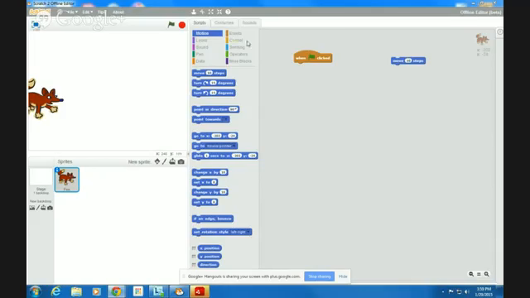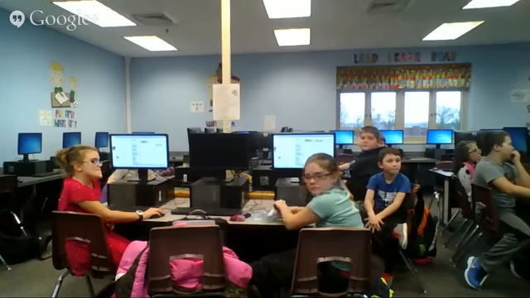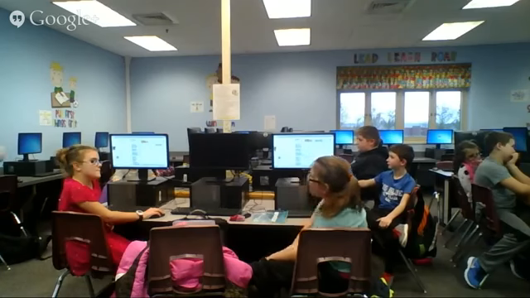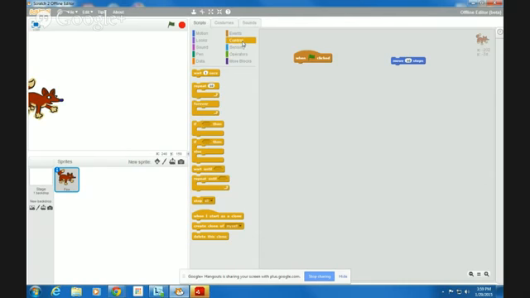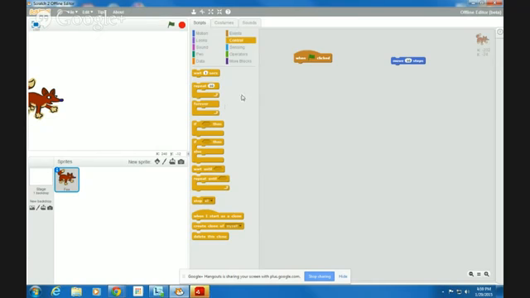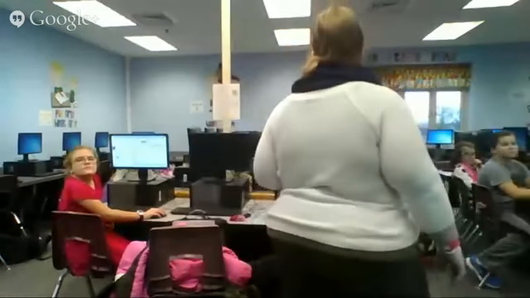Once you have that on your stage, not connected to anything, just by itself, go to the yellow tab that says Control and find the yellow block that says Forever.